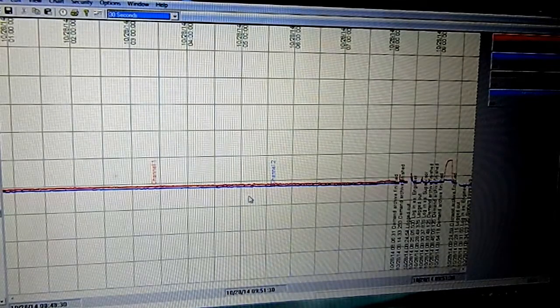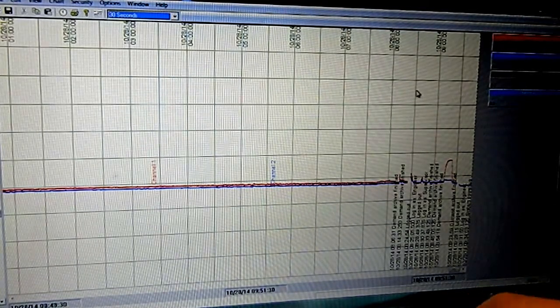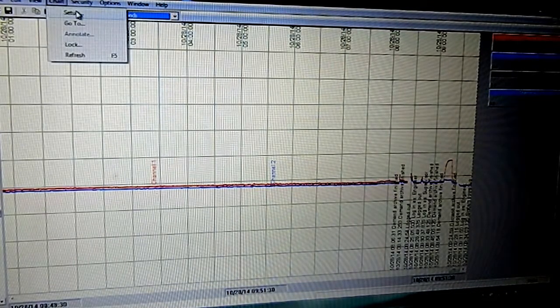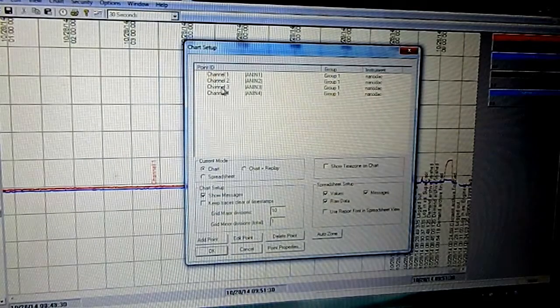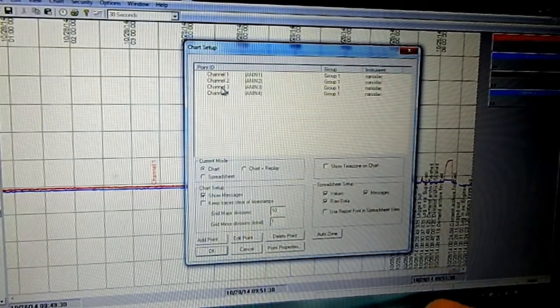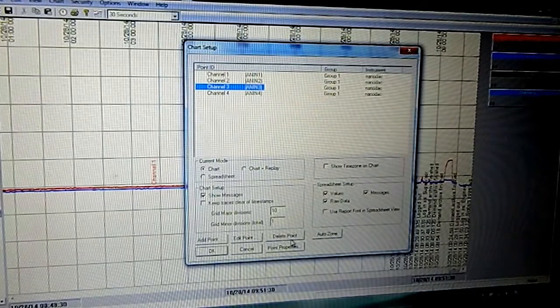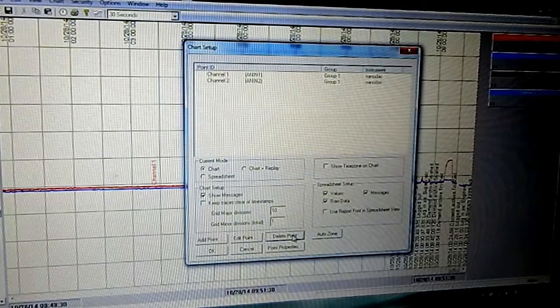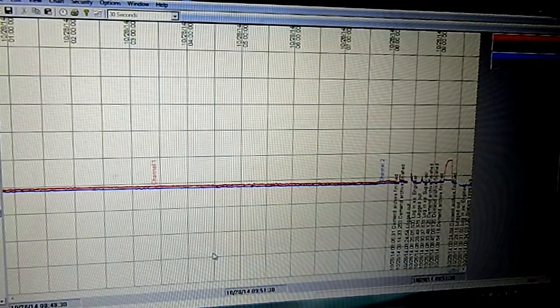We've got 2 channels here, but you'll notice there are actually 4 channels in the corner. Channels 3 and 4 have no information on them, so we can actually come over here to our chart setup, select channel 3, and we can delete it. Select channel 4, and we'll delete that, and then click OK, and it just takes the 2 channels out of the equation,